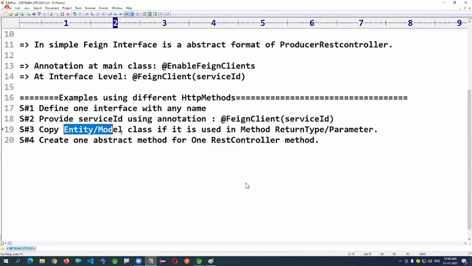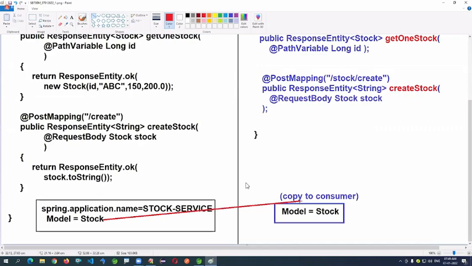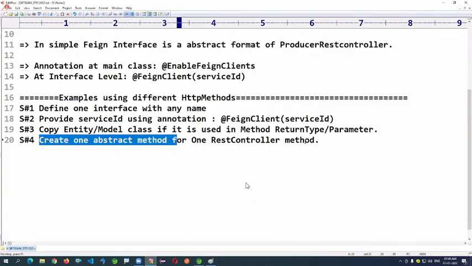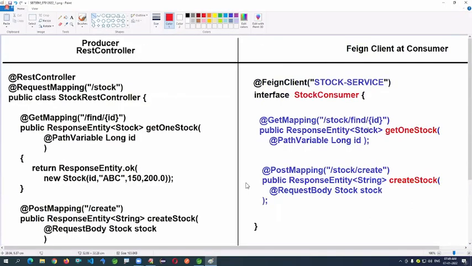Copy the entity or model class. Create one abstract method for one REST controller. Everything should match other than the method name and interface name.